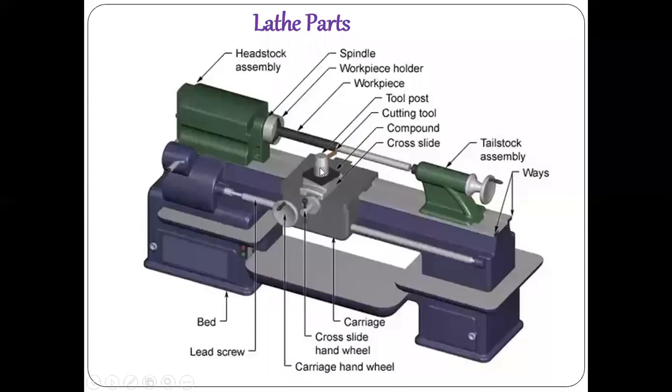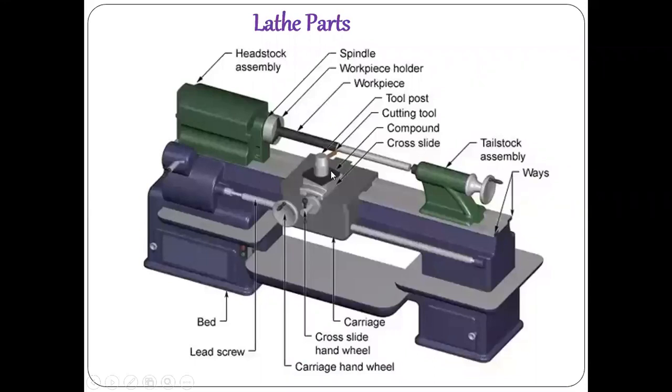In the carriage, again many parts are there. One is the tool post. This has a groove, and in this groove you insert your cutting tool. This is called the tool post. The projection you see here is the cutting tool. The cutting tool is mounted on the tool post, and this is mounted on a compound rest. This entire tool post is mounted on a rectangular block, the black portion you've seen. This is called the compound rest, because the tool post is resting on it. That's why it is called the compound rest.